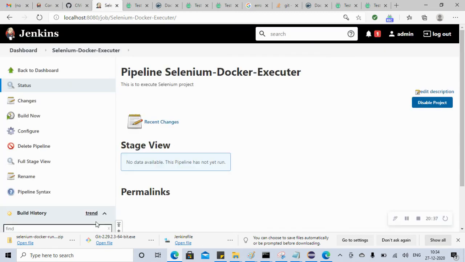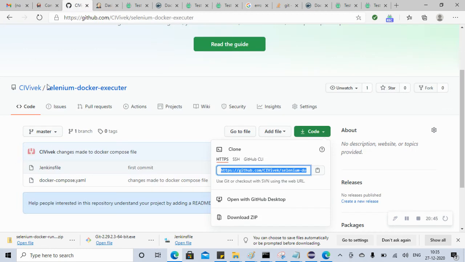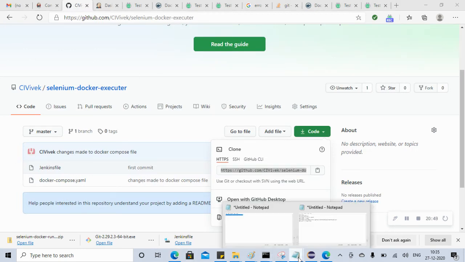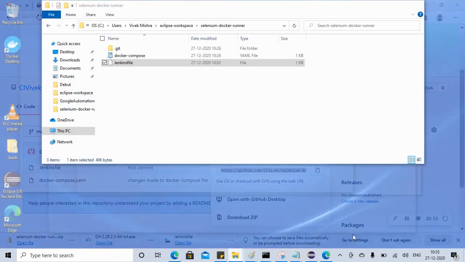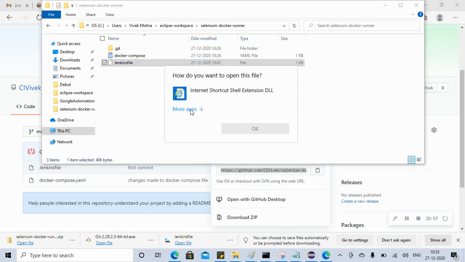Now when you build this Selenium Docker executor, it will read the Jenkins file that you have here in your GitHub. Let's see what we have in the Jenkins file. We already saw it.